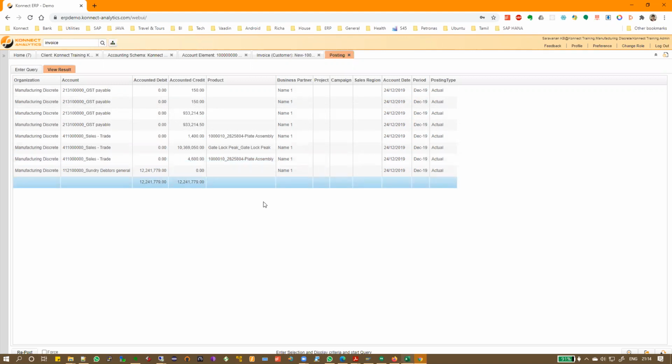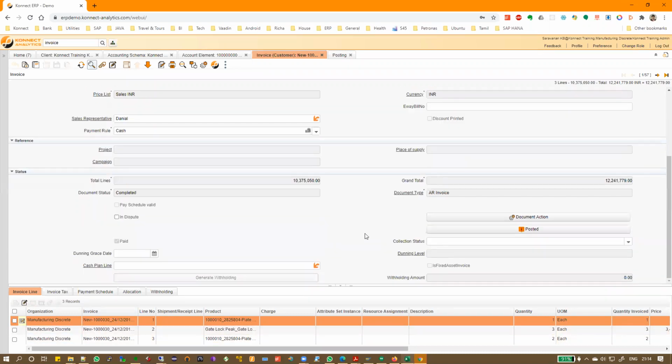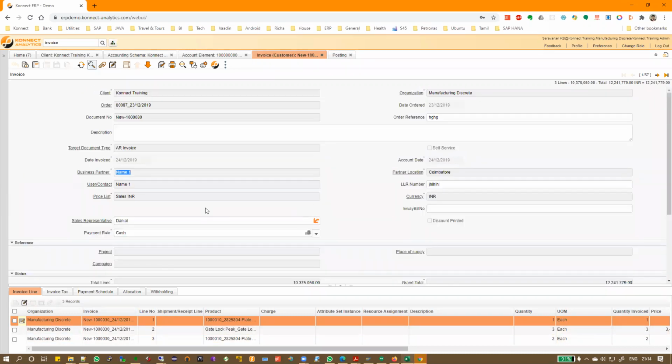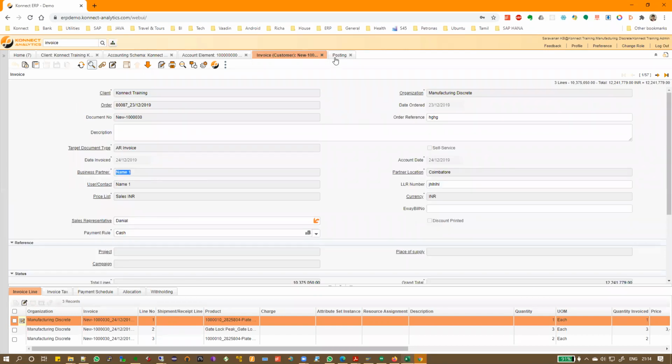Now marketing team, support team, everybody has been making entries in all these windows. Have you once gone and said, I want to debit this customer, I want to credit this customer, when you made an invoice? You just created an invoice. You put the business partner name, the product, the amount, you did all your other selections, who's the sales guy, where do you want to deliver it, what is the LLR number, and so on. But you completed it, and automatically the account document got generated. Correct? Yes.